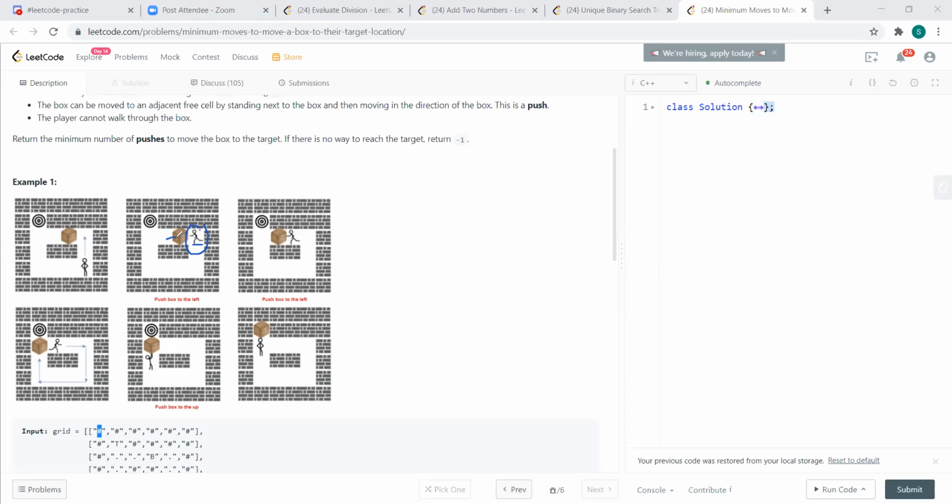But in this case, we always have to make the player stand beside the box in such a way that if you want to push the box in one direction, he has to stand on the opposite side of the box. That is the only thing. If we are able to verify that, then this will be a normal BFS, right? Actually, it seems to me it's not only BFS. The movement of the box will be BFS, but the placement of the player at a particular location may involve a DFS sort of algorithm.